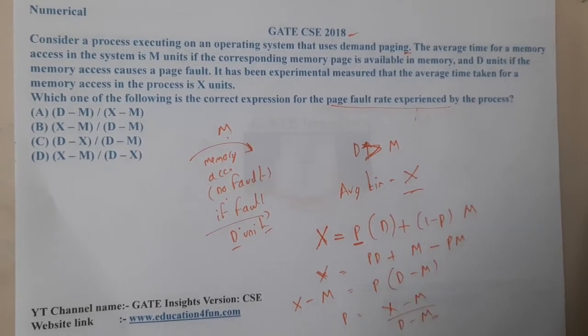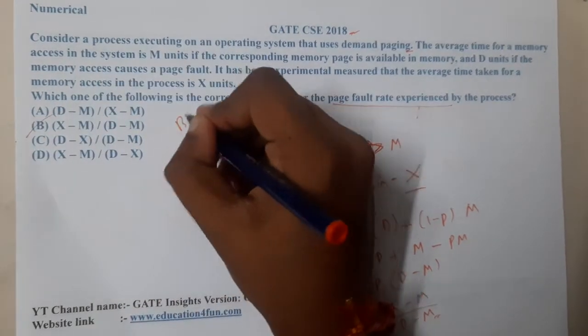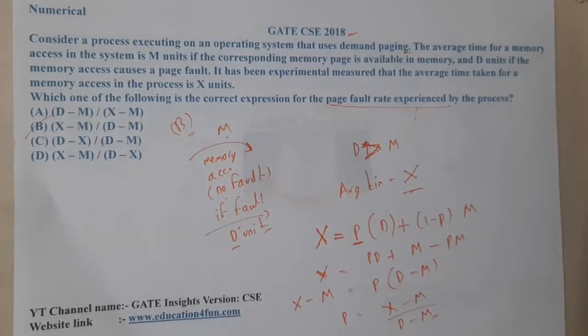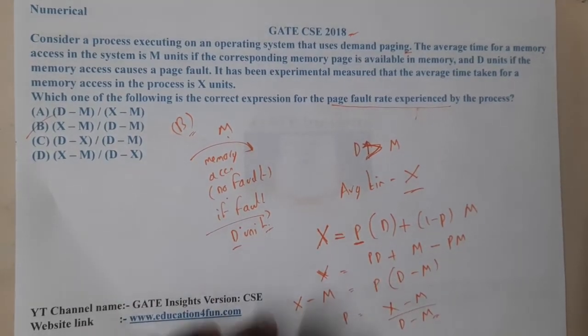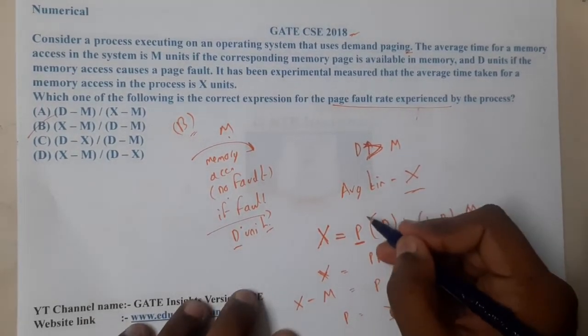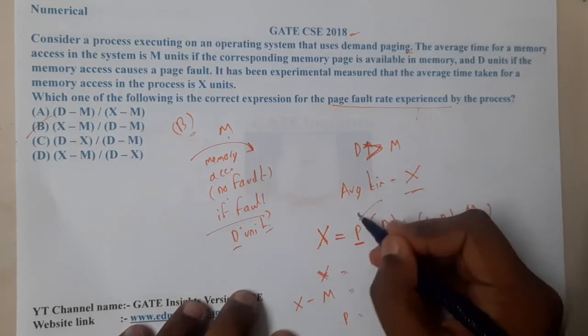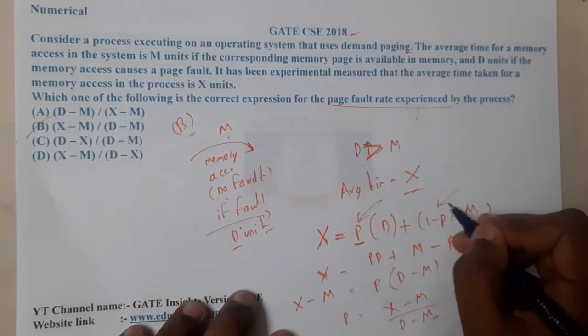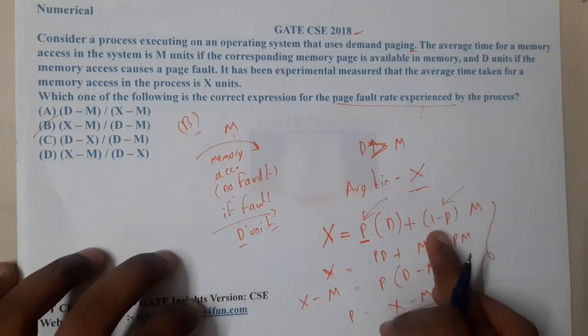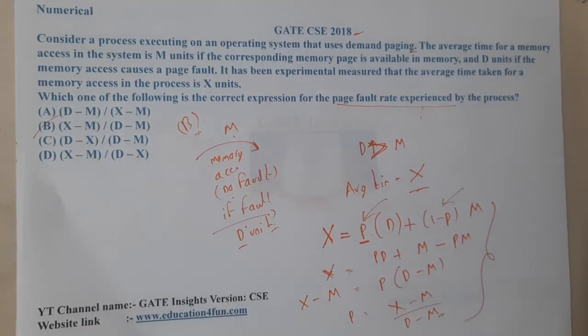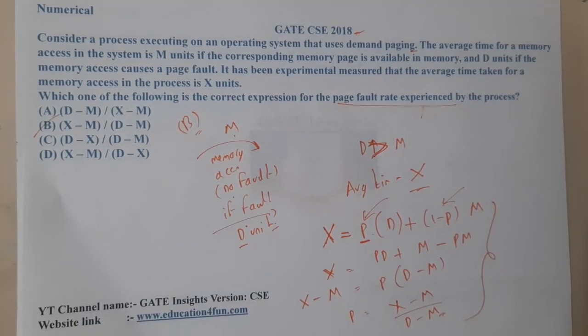Is there any option with this? Option B is the correct answer. This question seems to be a bit tougher, but if you recall the concept with respect to faults, we always do this. In the question they will give the chance of occurrence of a fault. With that we calculate the no fault value by subtracting it from 1, and multiply their respective values to get the average. That's what they asked here, but the only catch is they did not give it directly, they just tried to confuse us.